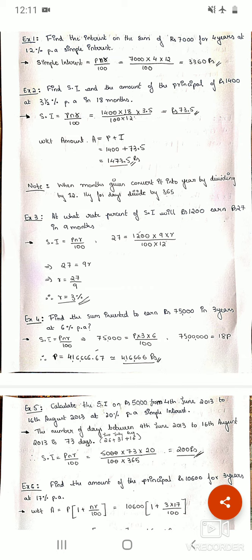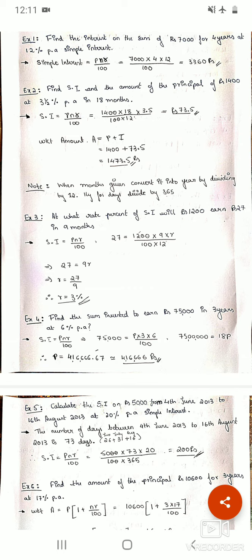Just remember, in the previous class I had given the simple interest formula as PTR by 100, and here I have mentioned PNR by 100. The meaning of the formula remains the same, it is just the notation. So you must be clear with your notations. It is okay if you use PTR by 100 or PNR by 100, or in some textbooks you can find the simple interest formula as PNI, where I denotes R by 100. But you should be clear what the rate of interest is, and what the time or period of investment is.